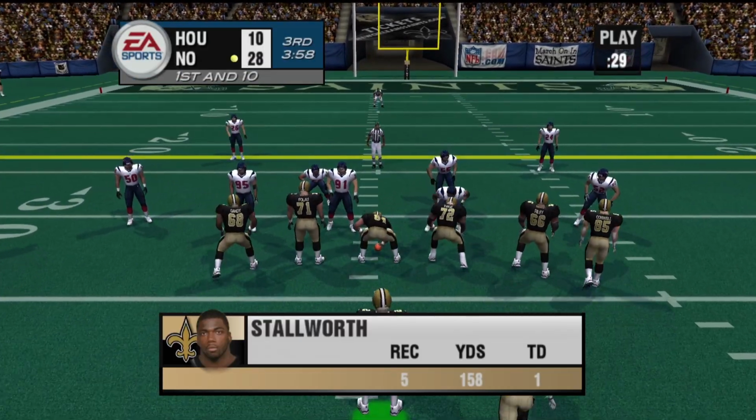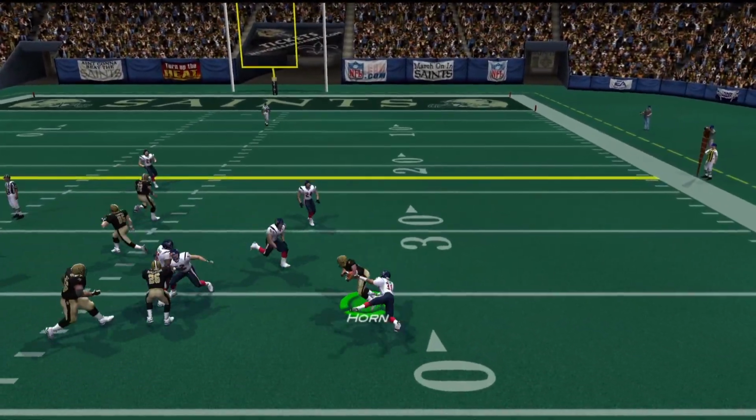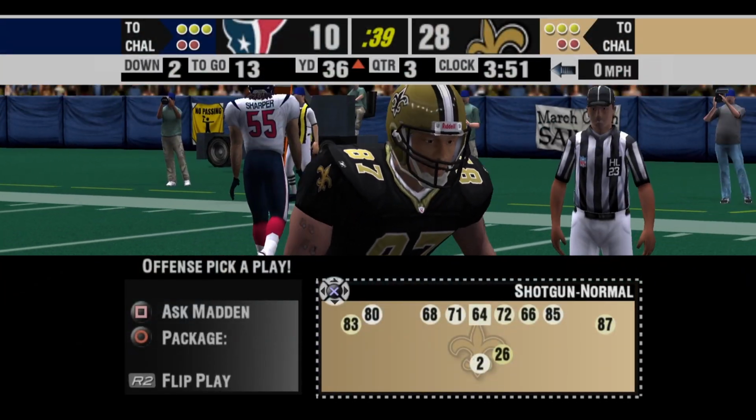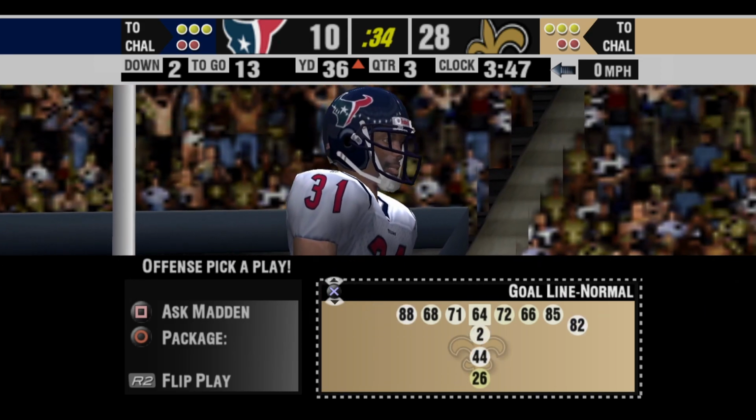So let's see if we can get the ball to Horn. Looks like they're going man. They'll pass on first down. Ooh, good defense. He was sitting right there on it. Again, so it's not a gimme play. So we did lose some yardage. I thought I had...